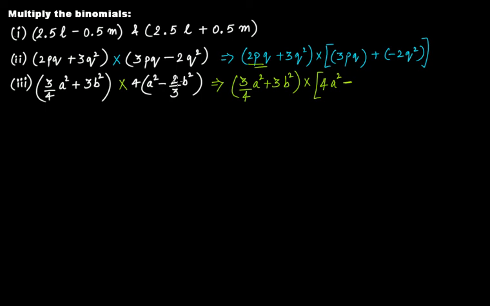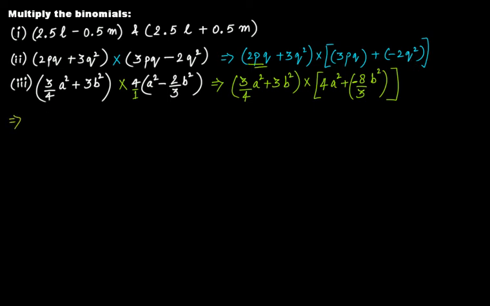4 multiplied by, this 4 is actually what? 4 divided by 1, right? This is 4 divided by 1 only. So when you multiply this by 2 by 3, it will be 4 multiplied by 2, that is 8, and 3 multiplied by 1 is 3. So you have b squared. Now if I want to write it like this, that is plus outside, and within the bracket this is minus. Okay, now